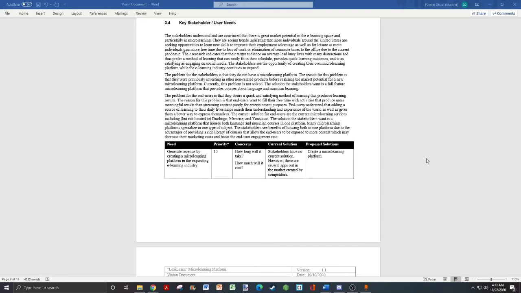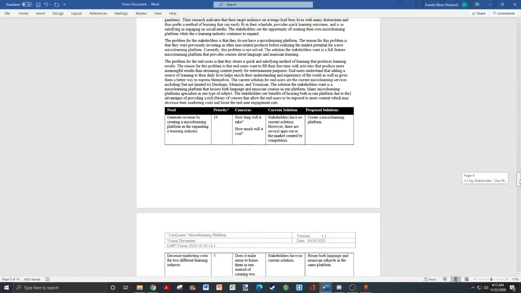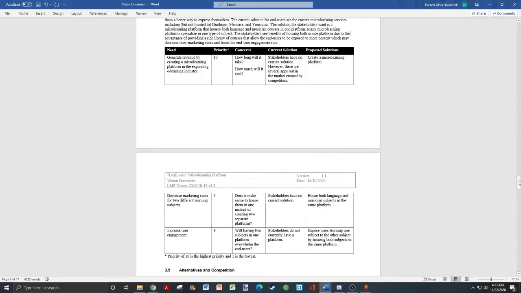For the critical vision elements for our project, it mainly came from customer elicitation, which most of it is here and in the business rules and in another document, which I will get to as well. But the main goal of this project was to create a micro-learning platform that can host individuals to create their own lessons and courses for other people to take. That way it's all in one centralized location, so it's not spread out everywhere like most people have in YouTube. So people during a quarantine like we're in now can have easy access to learn a new